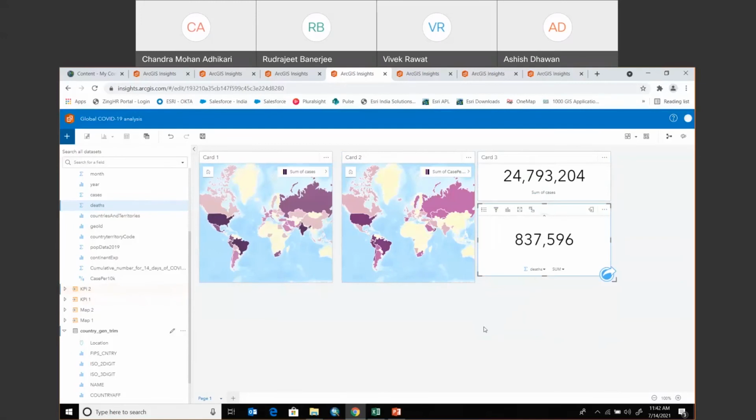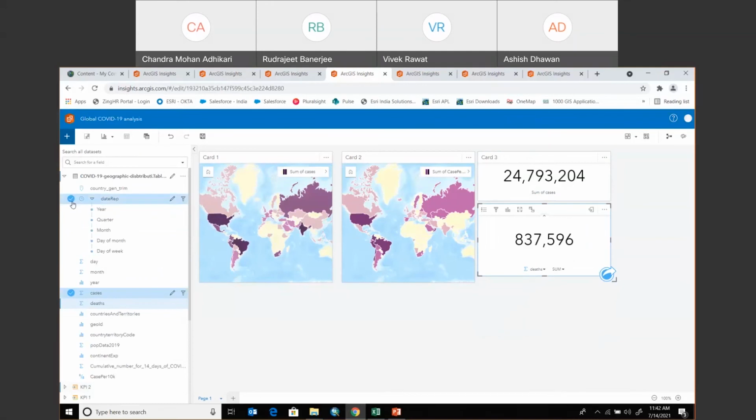If you want to look country-wise at the number of cases happening with respect to time, I can take the cases option as well as the date time period, drag and drop, and make a time series.